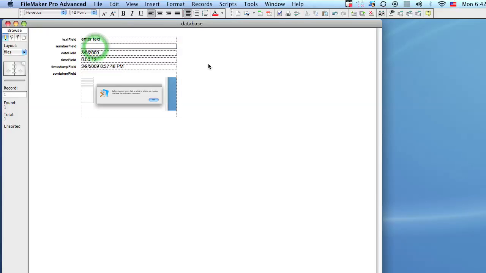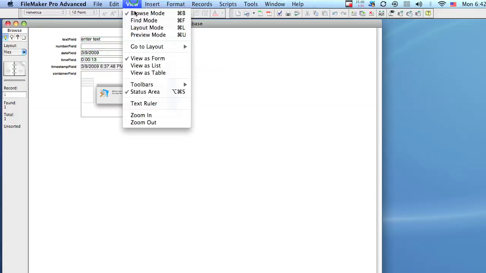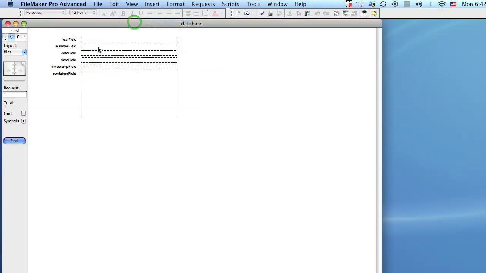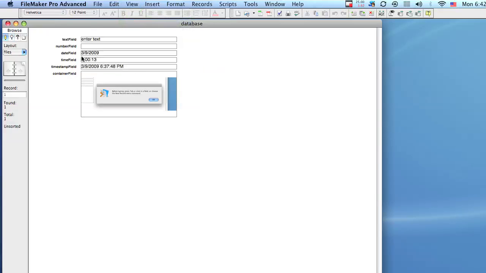So for example, if I were to delete this text, and now I perform a search, and I type our equal sign, and then enter, there it goes. It finds our record. So to recap, we can use our less than, our greater than symbols, our equal sign,